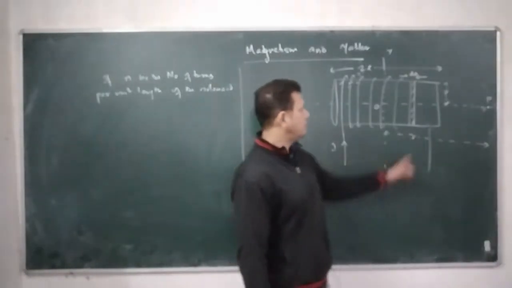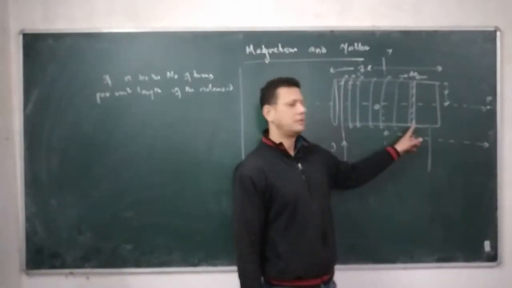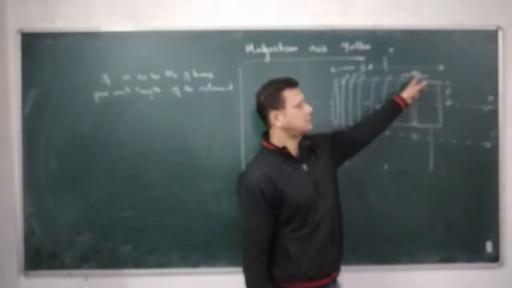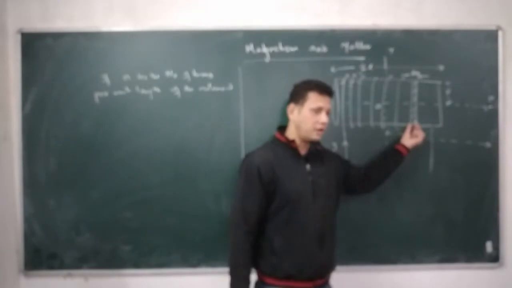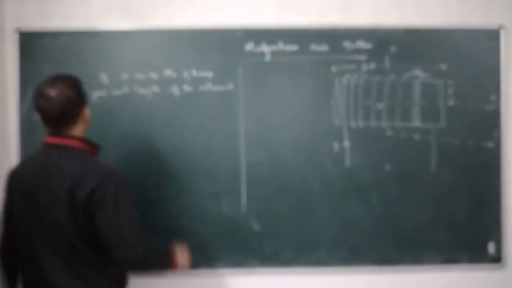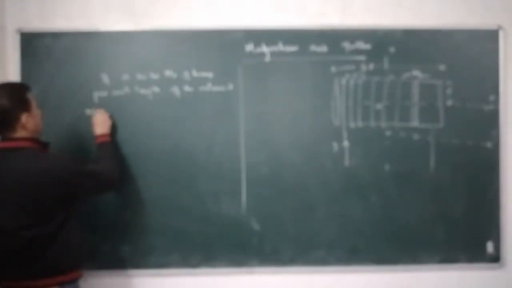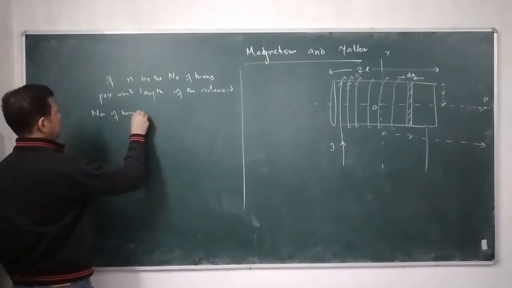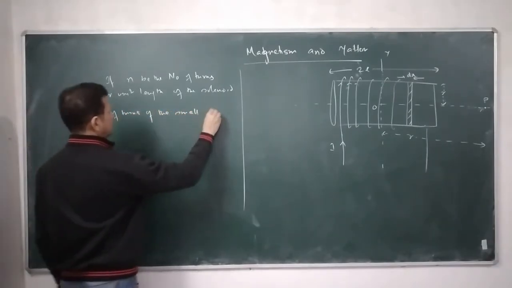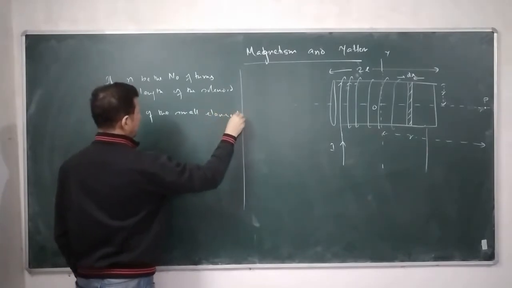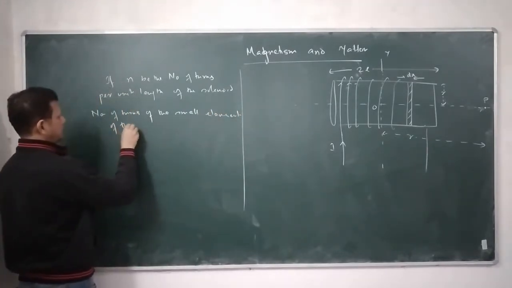So what will be the number of turns in this small element? The thickness of this element is dx. So the number of turns included in this small element will be the number of turns of the small element of thickness